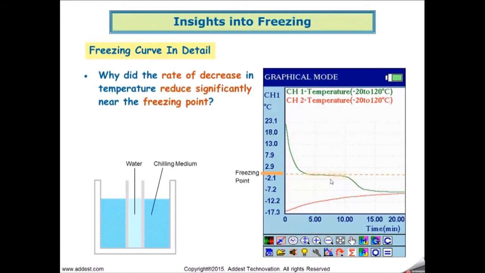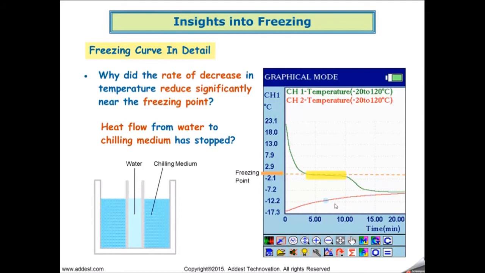Next, the rate of decrease in temperature reduced significantly near the freezing point of water at around 0 degrees Celsius. Why was that so? Was it because there was no more heat flow from the water to the chilling medium? Not really,